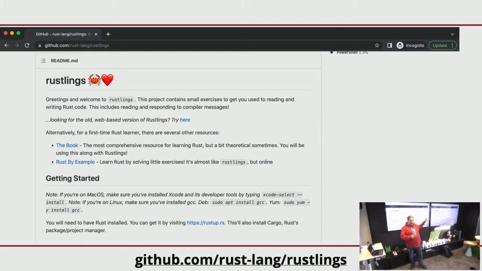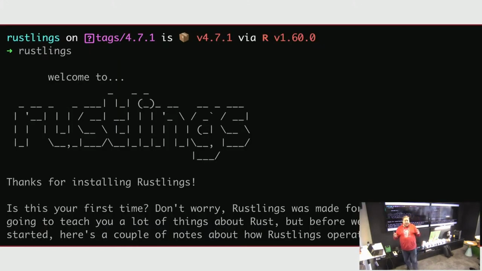But I really like the approach by Rustlings because, first of all, the compiler is super nice in Rust. I think it's more of an advice to you rather than the usual complaining about what you do. And in any kind of language, learning how to deal with the error messages is so valuable, because if you become good with those, you can start debugging and solving any issues that you get. So Rustlings is a command line tool that looks like this when you run it the first time. Now I want to show you how it actually functions.